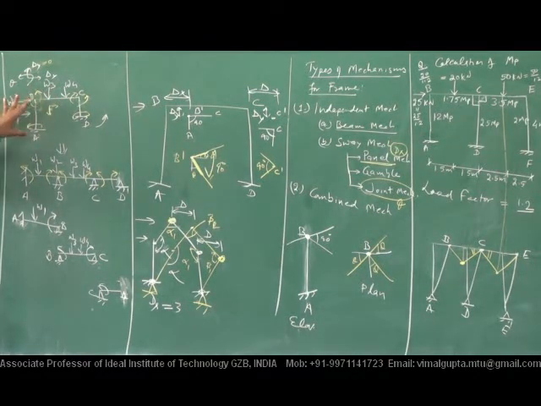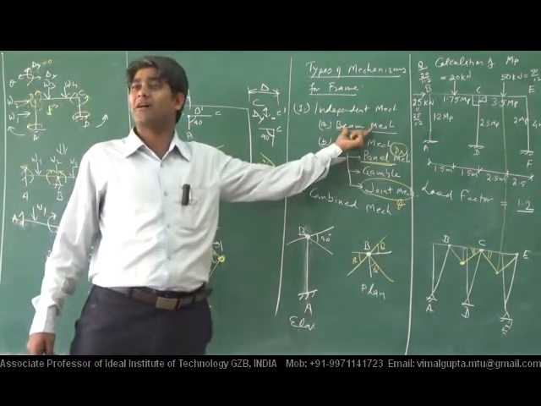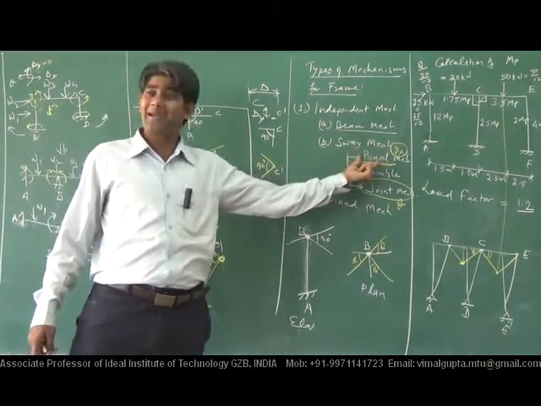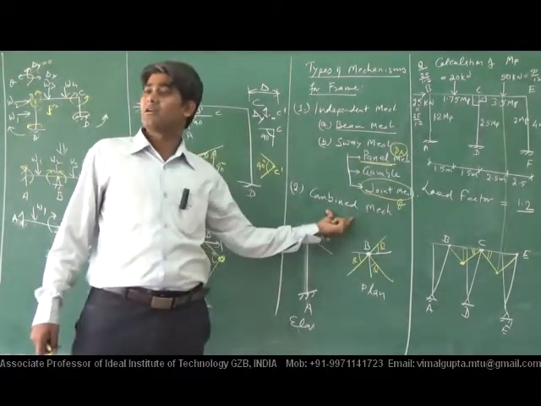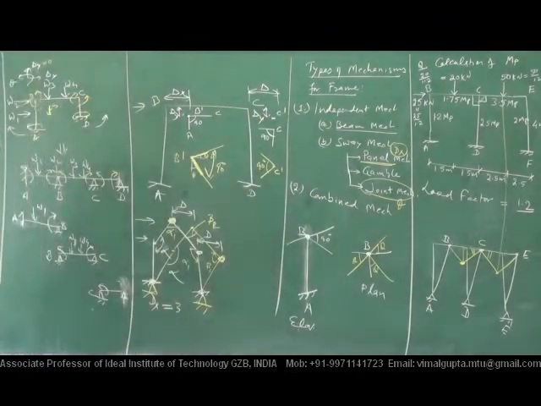Means beam as well as column has to be considered for the collapse condition. Clear to everybody? Beam as well as column has to be considered simultaneously. In beam mechanism only segmental part has been considered. In sway mechanism stability of the joint has been considered, but in that case entire stability of the structure has to be considered, beam as well as column both.